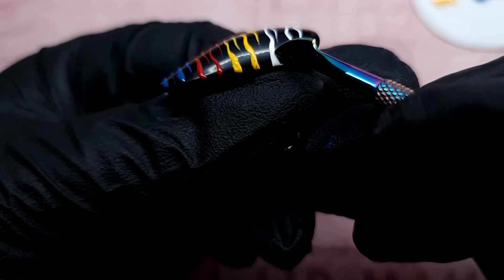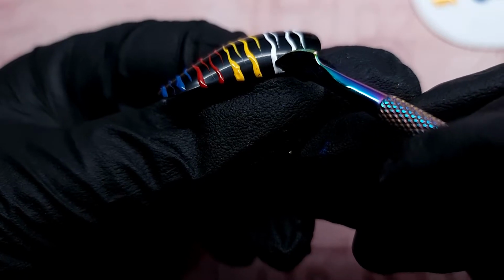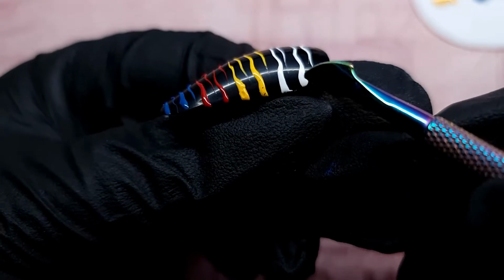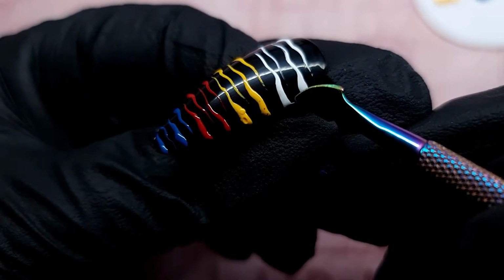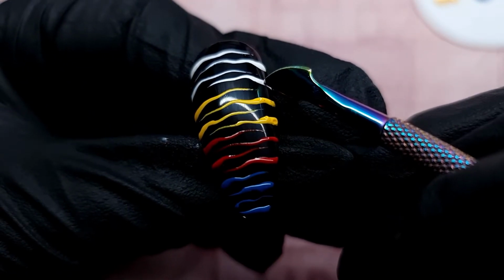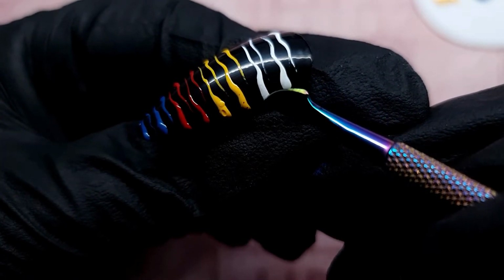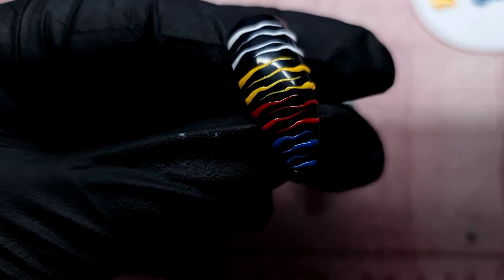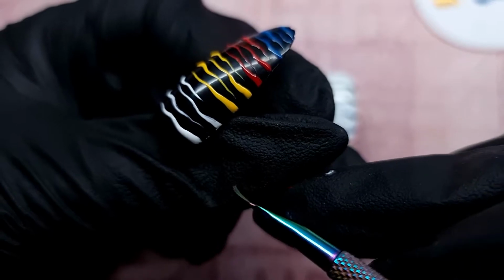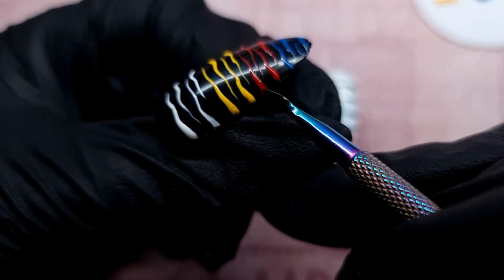So you can see here where it's a bit thinner, this one is cured, kind of. It doesn't move around, but that doesn't mean it's 100% cured. But it's thinner than the rest. It's still thick compared to how you have to work with other products, but maybe with a double cure you'd be able to, but I wouldn't risk it. But the rest are a bit...